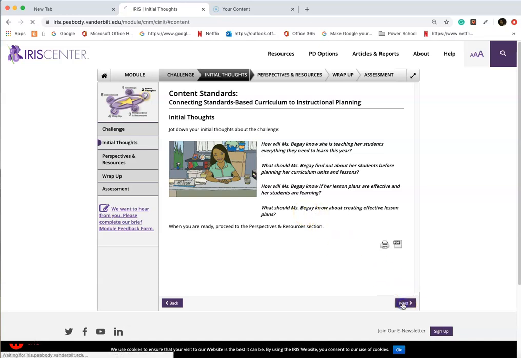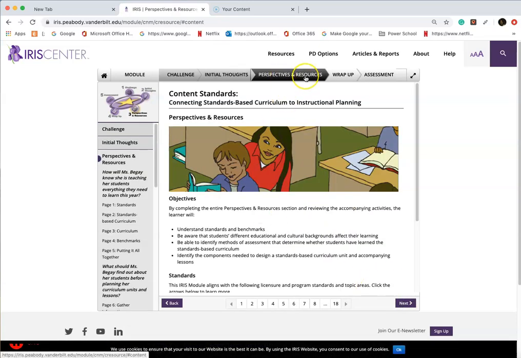Next, we click and we get to the perspectives and resources. Under perspectives and resources, you'll find the objective for the module. It says by completing the entire perspectives and resources section and reviewing the accompanying activities, the learner will understand the standards and benchmarks, be aware that students' different education and cultural backgrounds affect their learning, be able to identify methods of assessments that determine whether students have learned their standards-based curriculum, and identify components needed to design a standard-based curriculum